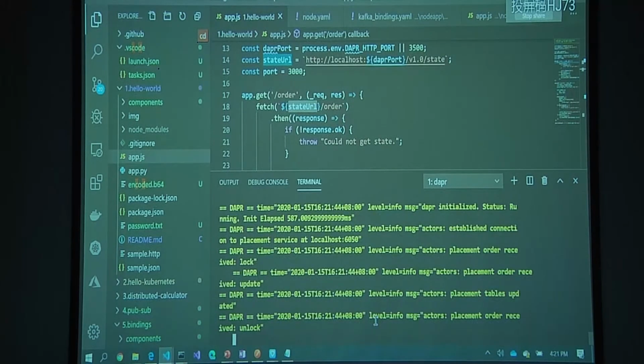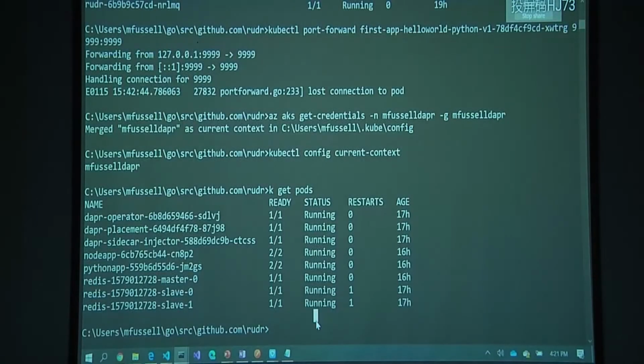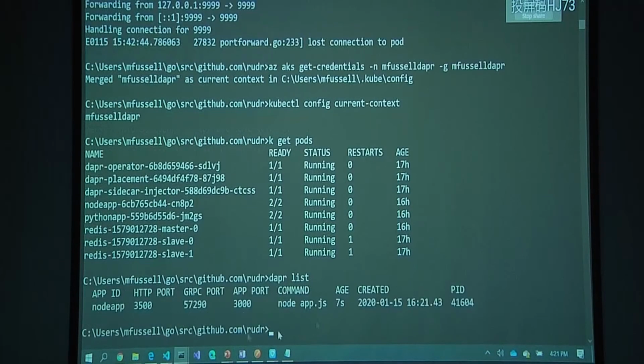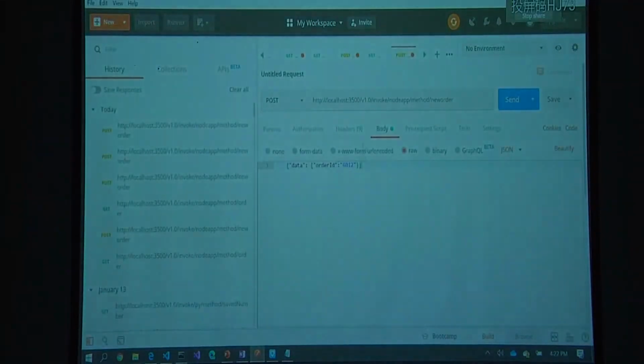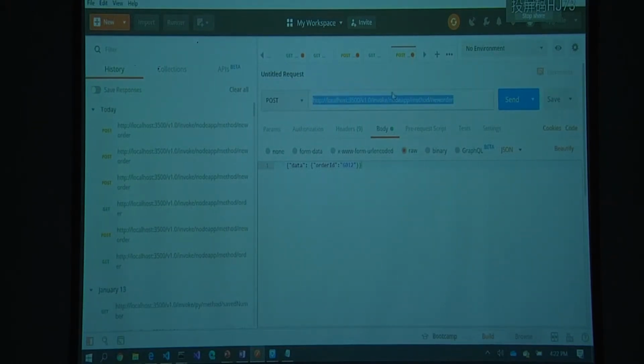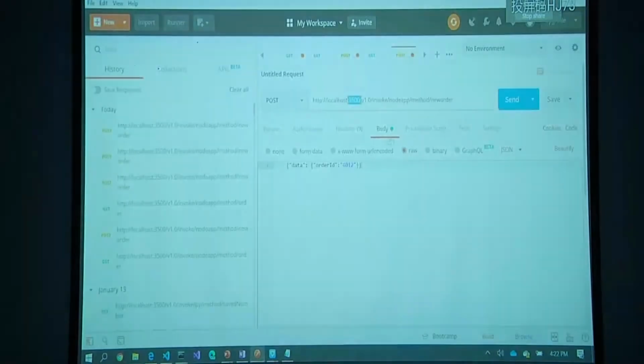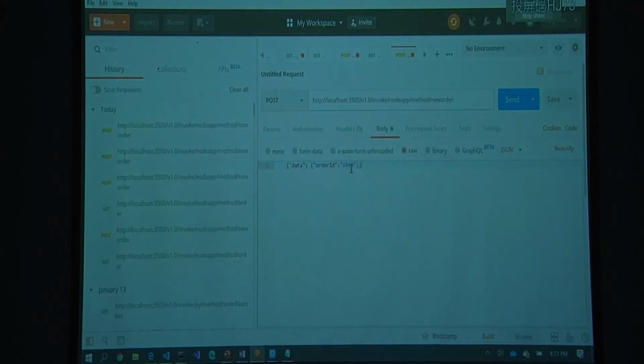Now if I go off into another console and do dapr list, I can see an instance of my application, node app, running and listening on port 3000. So I can now inject messages into this. Just to show the simplicity of using the API, I can call that particular endpoint through Dapr. Remember, Dapr is running on port 3000, and I can call the new order method. I'll give this order 8000 like this,